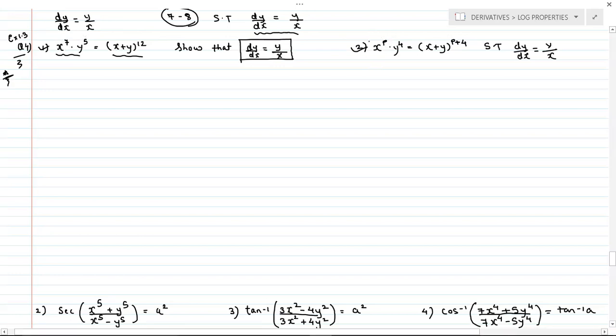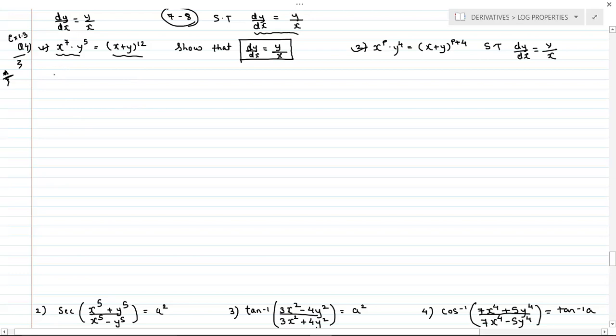As I told, for exercise number 1.3 you have to remember it as taking log on both sides. Now, for this sum, there are 2-3 different ways in which you can present your sum and find your answer. You can show that dy by dx is equal to y upon x in 3-4 different ways. Of course I will explain the simplest method, so out of those 3-4 methods, let's target the simplest one.